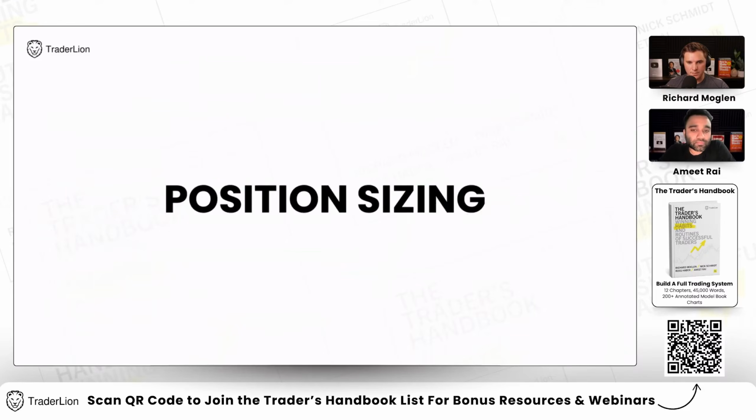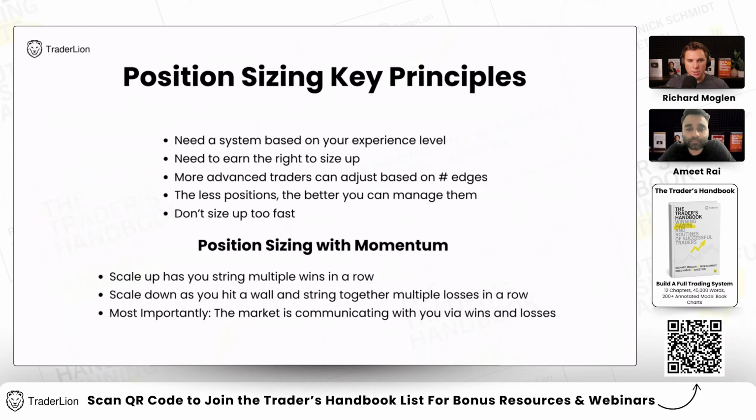Yep. Awesome. So let's get into position sizing now. Again, another one of the levers that we use to manage risk. So first things first, you need a system based on your experience level. I've used this analogy before, but it's like going to the gym for the first time. You don't come out the gate and put 200 pounds on the bar and expect to not hurt yourself, right? It's the same thing with large sizes. And I think this is one of the big reasons why people quit: they size too big, too fast with no system, no risk management, and they destroy their account and blow it up.